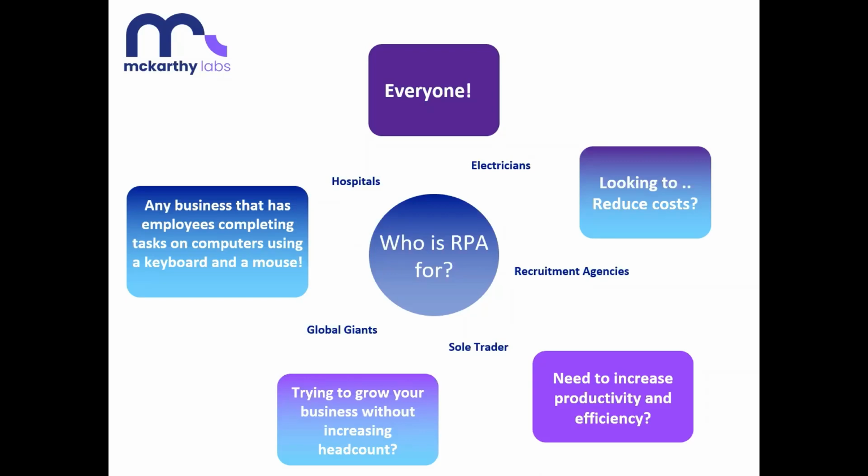And the way that I'd like you guys to think about it is, what issues are you trying to deal with, or what are your biggest business goals? And when you start to answer those questions, you can then say, how do we apply automation to get there? So for example, you may be looking to reduce costs. You may be looking to increase productivity and efficiency. You may be trying to grow your business without increasing your headcount. And again, RPA is beneficial for all those types of things. So think about your biggest business issues or the problems you're facing at the moment, and think about where you're trying to go in the next 6 months, 12 months, 18 months, even 5 years, and consider how RPA can be beneficial to get you to those goals.